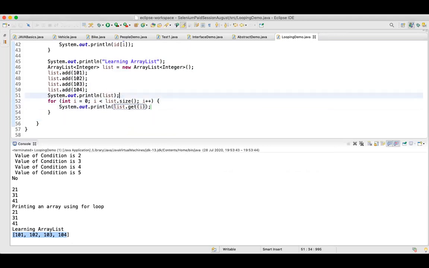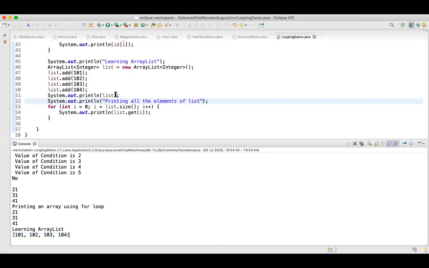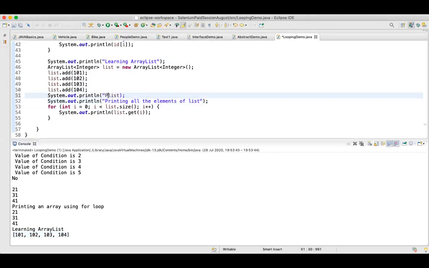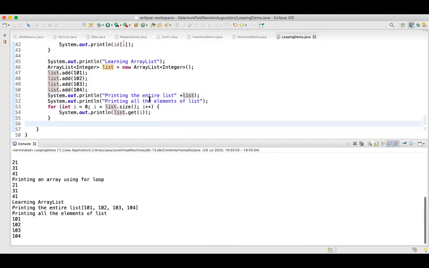So I'll say printing all the elements of list. Here we were directly printing the list, right? In this particular case, I'll say printing the entire list, not the individual values. And over here we are printing the individual values like 101, 102, 103, and so on.